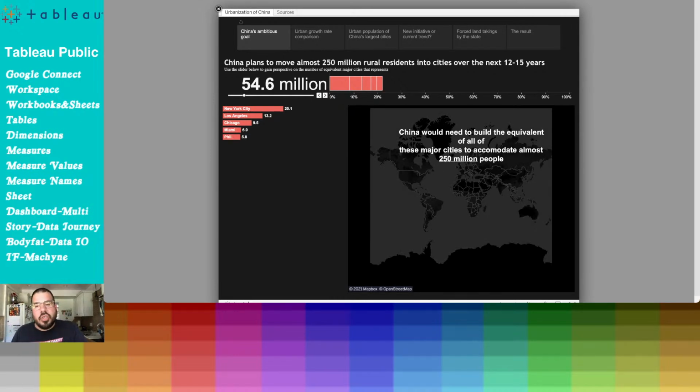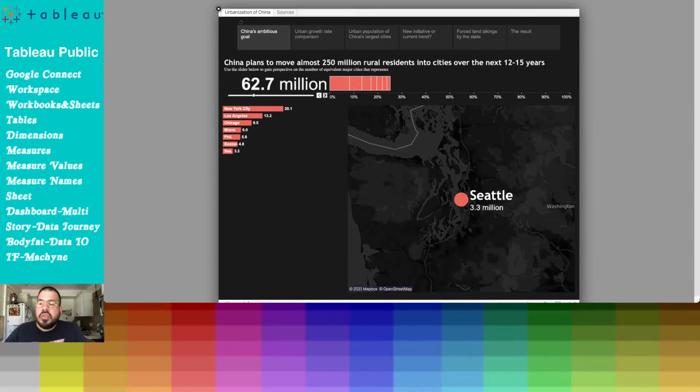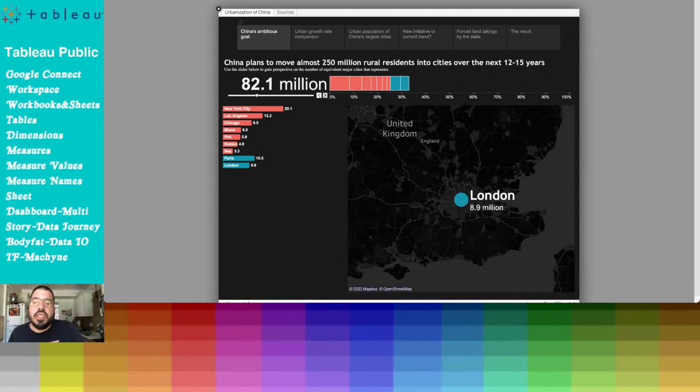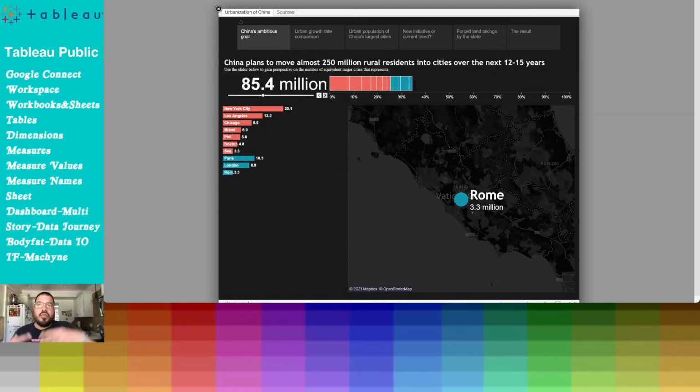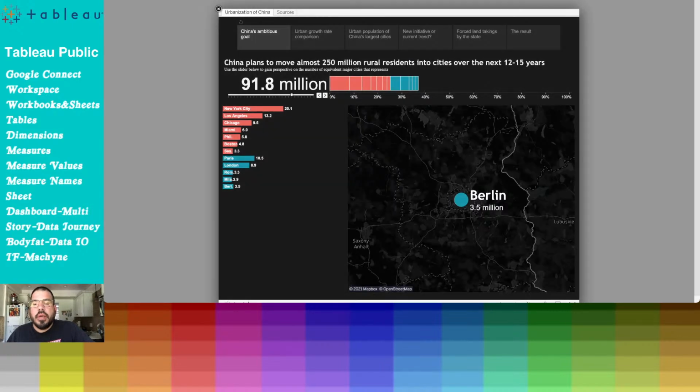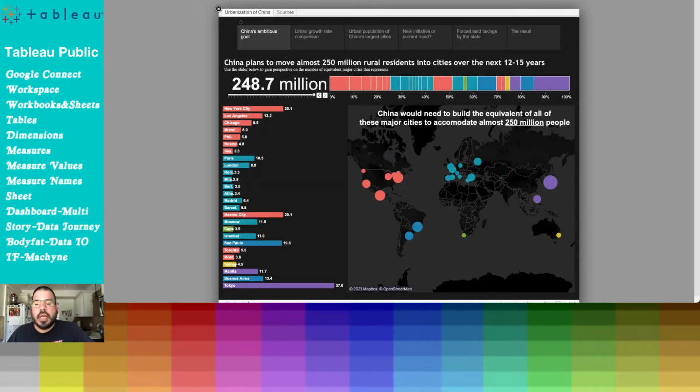And so what they're trying to show you is that if you took people from all of these gigantic cities, that's essentially what China is trying to build in the next 15 years, enough urban infrastructure to hold 250 million people. So I'll drag this all the way over to the right and let go here. And so that's what they're showing through this data story, is that if you took all of the people that live in all of these cities, that's essentially what they're trying to build in 15 years. Crazy